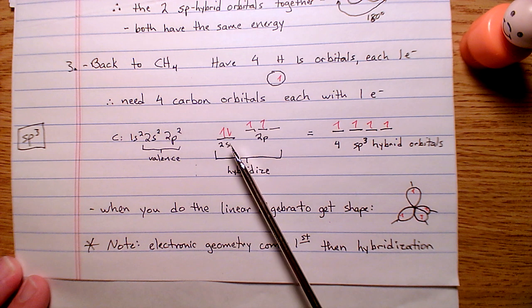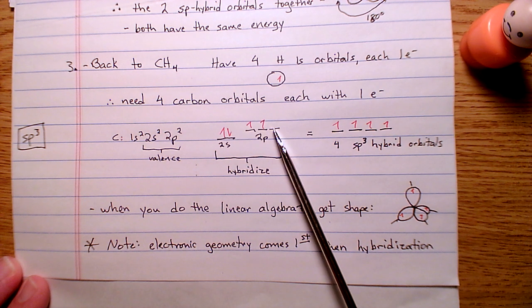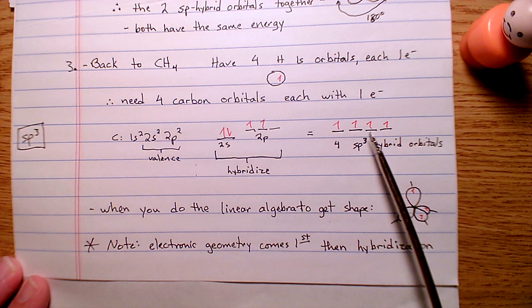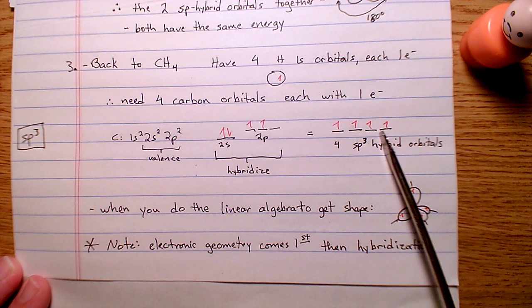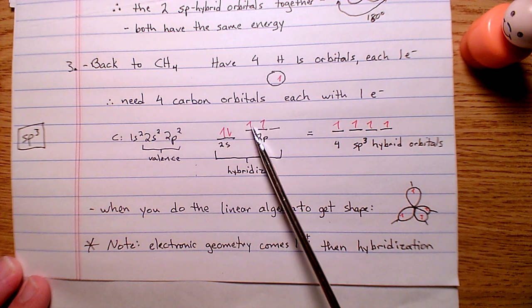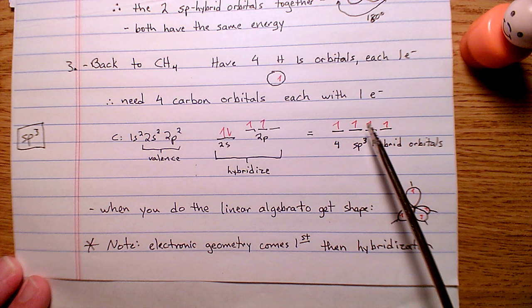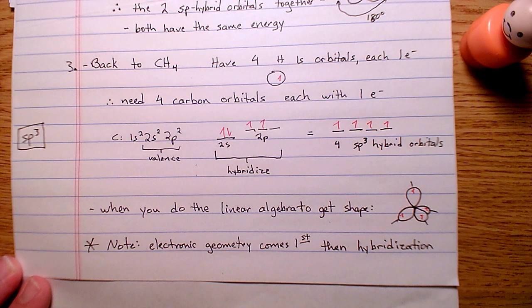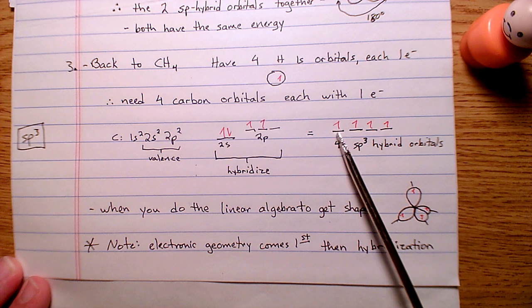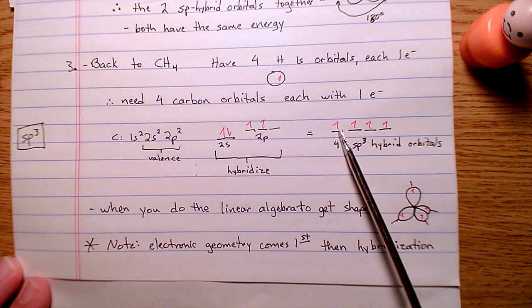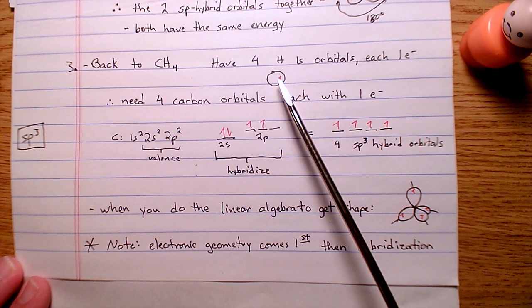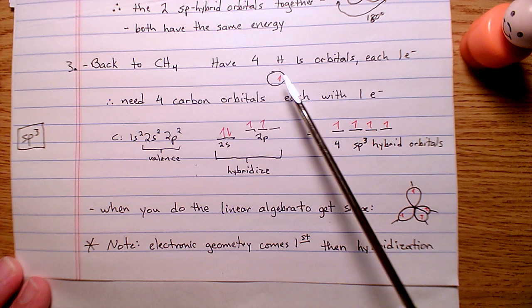And note, we started with 4 orbitals, the s and the 3 p's. So we end up with our 4, 1, 2, 3, 4, sp3 hybrid orbitals. Just as before, they are all at the same energy, and since this carbon had 4 electrons in it, we put our 4 electrons, 1 in each orbital. Now we can see that this carbon atom, after we've hybridized the s and those p orbitals together, has 4 orbitals, each with 1 electron in them. So now each orbital can bond with the 1s orbital with its 1 electron of the hydrogen to make 2